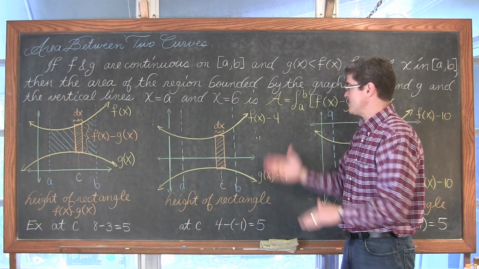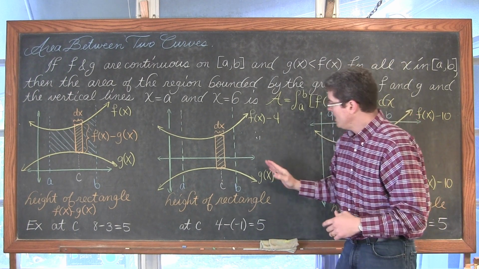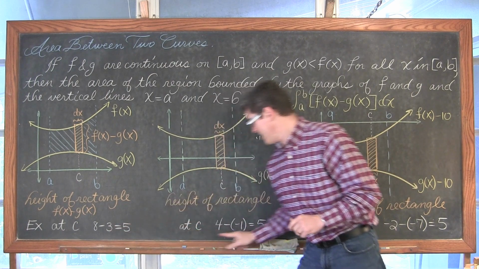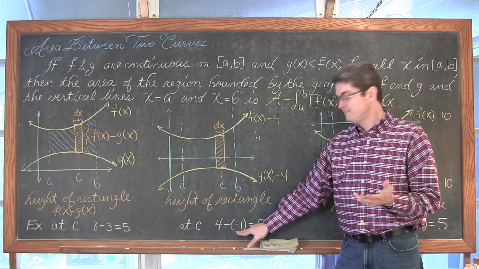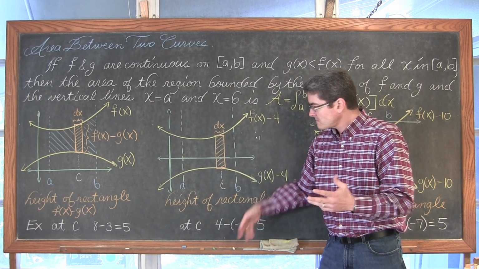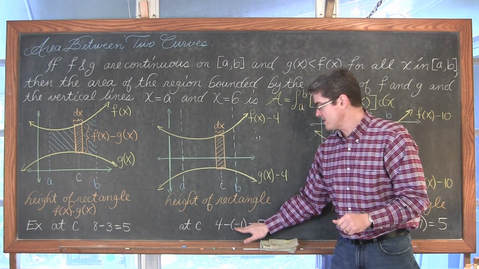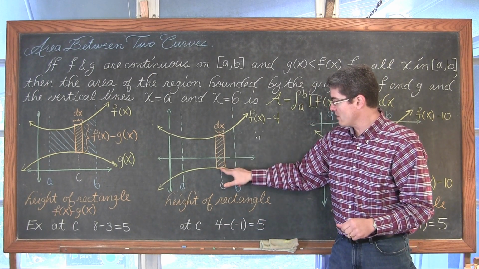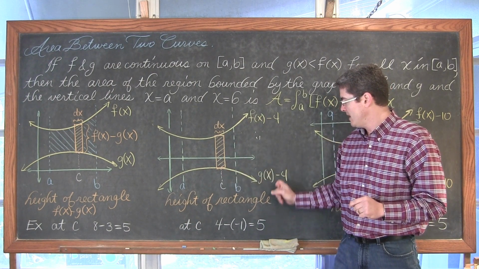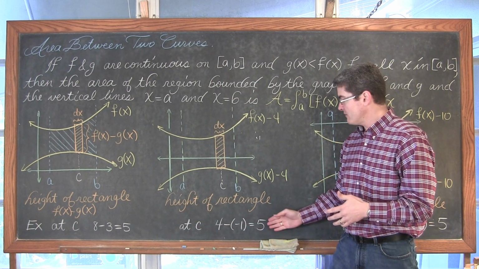I just want to show you that I'm pushing these down 4 units, and so the distance between these functions would stay the same. Well, 8 minus 4 is 4, and 3 minus 4 is negative 1, and still doing that f of x minus g of x idea, certainly not a proof, but just a concrete example, we have 4 minus negative 1, that y value 4 from f of x, and that y value of negative 1 from g of x, well, 4 minus negative 1 is still going to give us a height of 5.